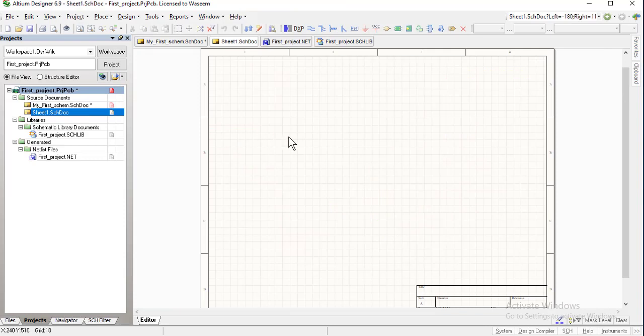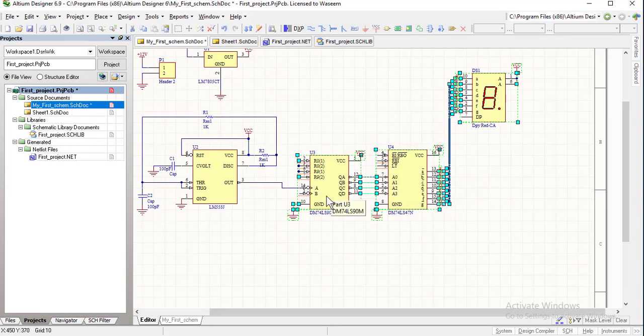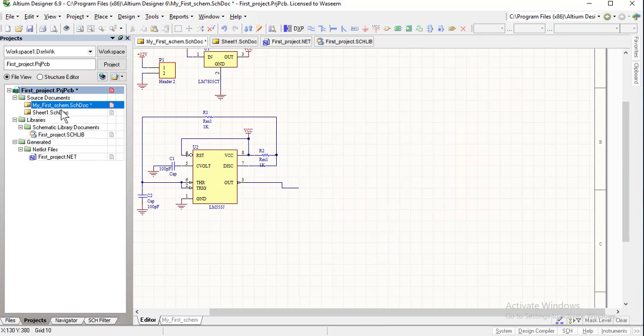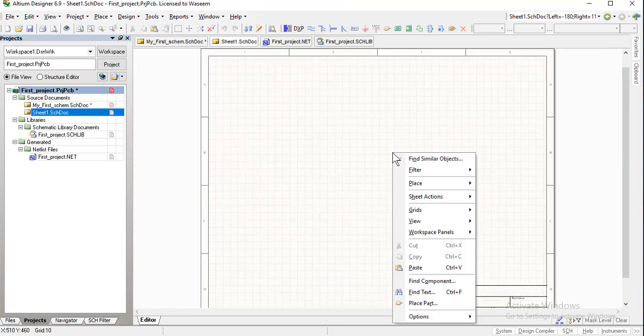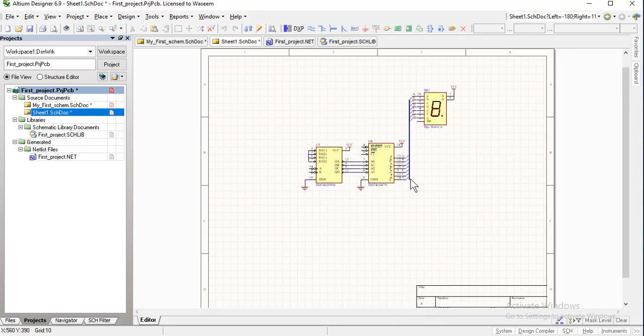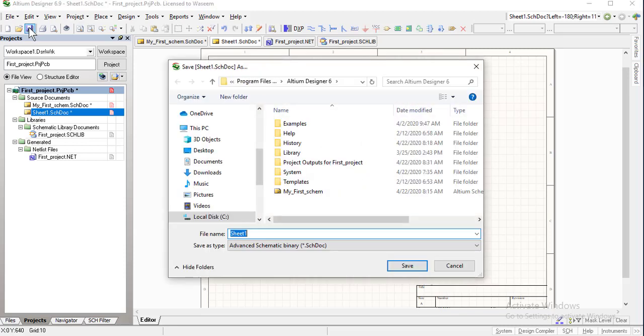So this schematic document has been created. Now we can cut this portion of the schematic, cut, and here we paste it. Here it has been pasted, and now we save.